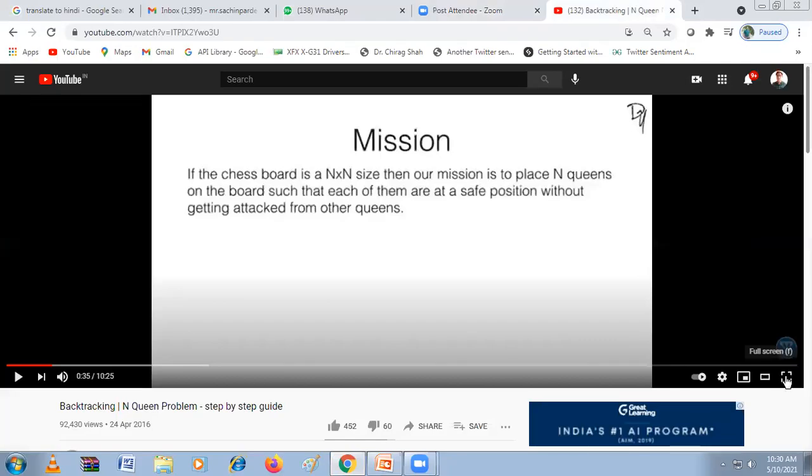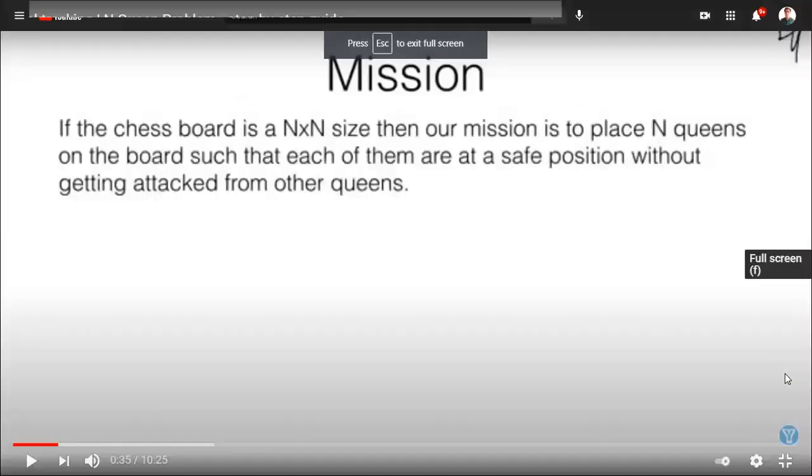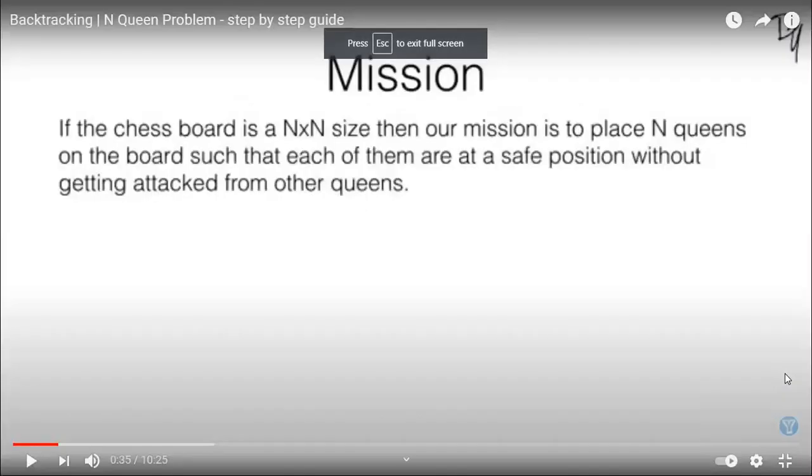As we discussed earlier, the same problem we can understand with the animation, so that you can properly understand how we can place the queens on an n by n board.